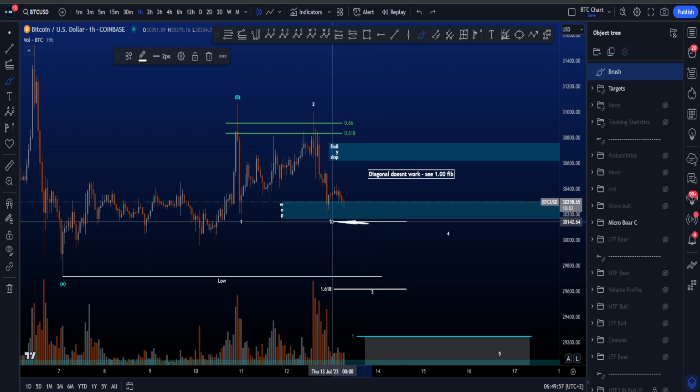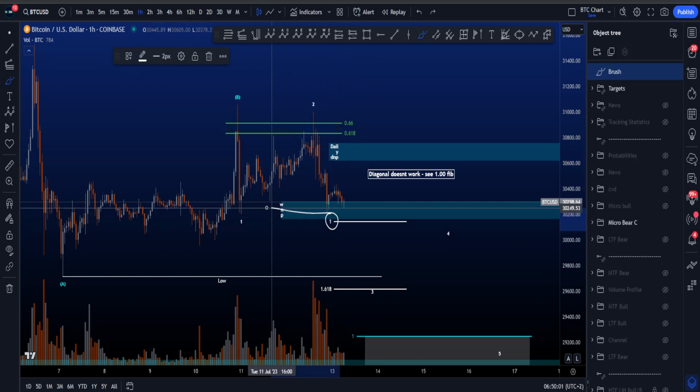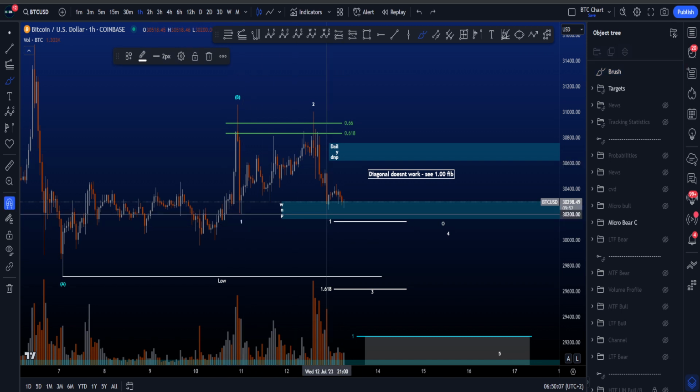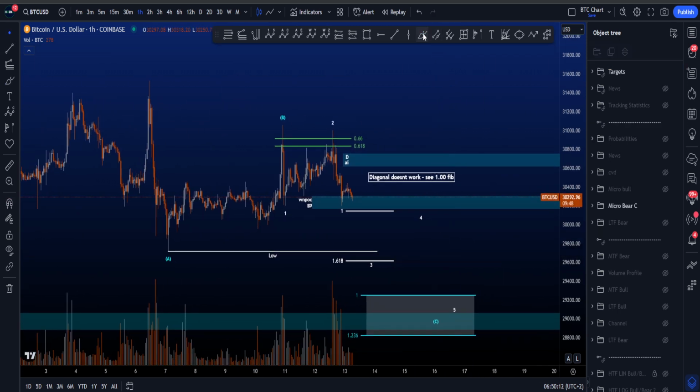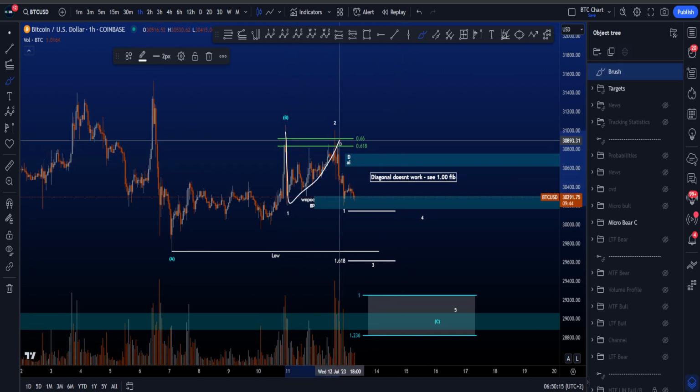And if price is going to hit this 1-to-1, it means this is going to be a longer wave. But this 1-to-1 is very close below the wave 1. And you do want a wave 3 to go below a wave 1. So yeah, diagonal doesn't really work, doesn't look very nice. So in this scenario, I would therefore be looking for an impulsive structure, which is then a 5-wave move to